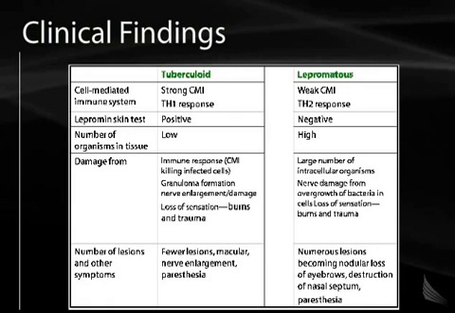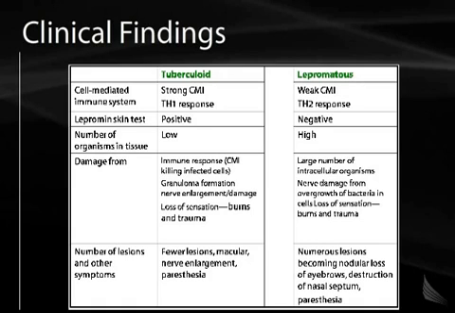This table features the difference between the two clinical types of leprosy, tuberculoid leprosy and lepromatous leprosy. The key underlying difference between the two types is your cell-mediated immune response. If you have a strong cell-mediated response, you're going to have tuberculoid leprosy. You're going to have a positive lepromin skin test. You're not going to have very many organisms in the tissue, and you're going to have fewer lesions, less enlargement,